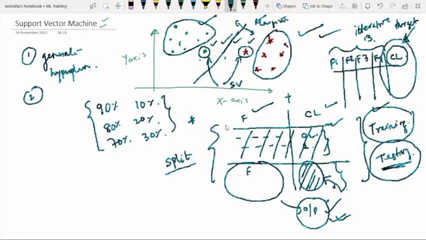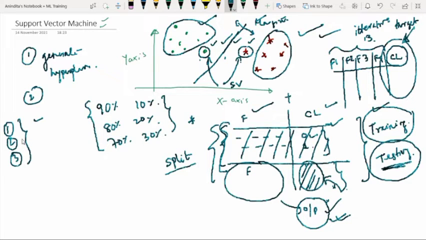Whenever a teacher teaches, since we are dealing with supervised learning, there will be a supervisor. A teacher always prefers to teach more, so I will prefer to give you more ideas about support vector machine. But whenever I take a test, I will give you very few questions. I will not give you questions from everything that I have taught earlier. Only some selective questions are given. If you perform better, it means you have already learned better. So this concept is applied over here.